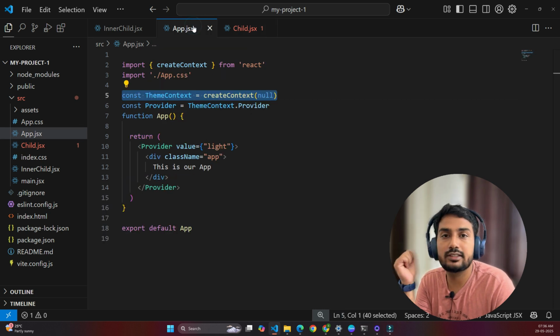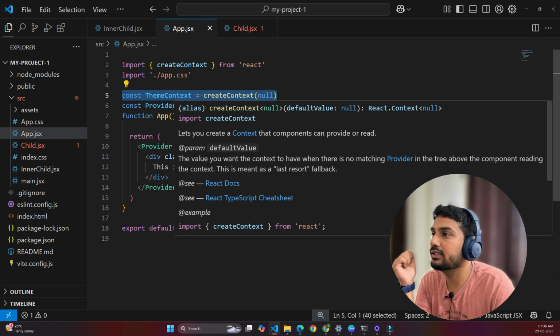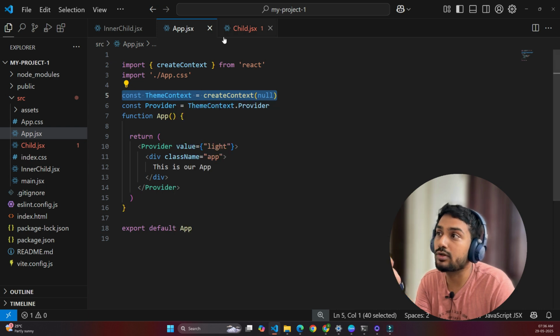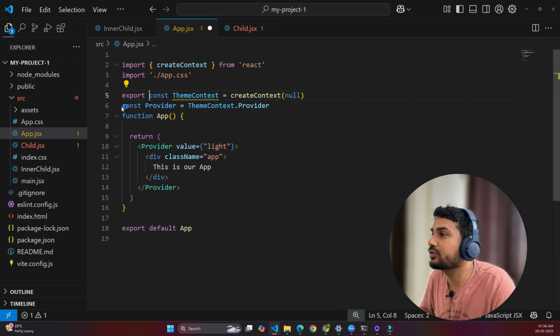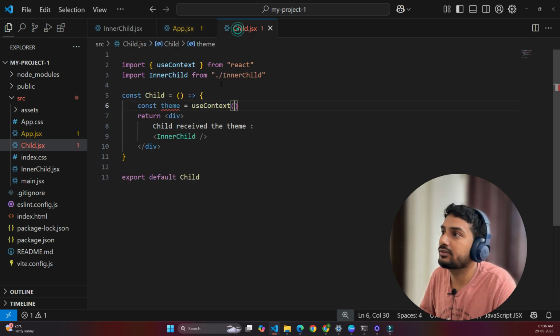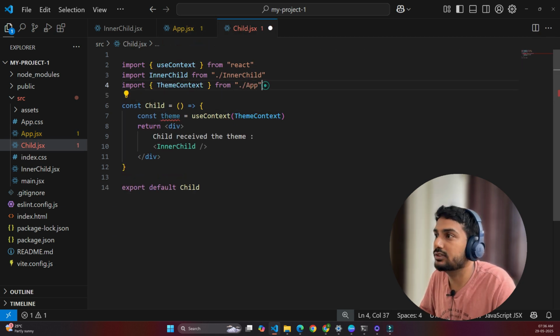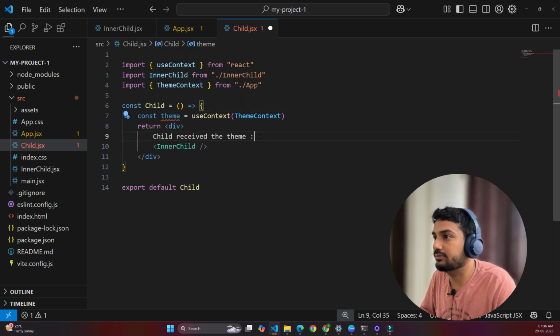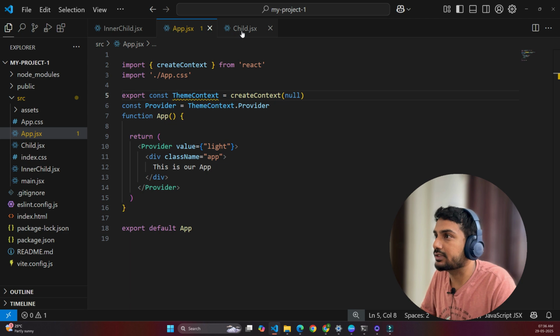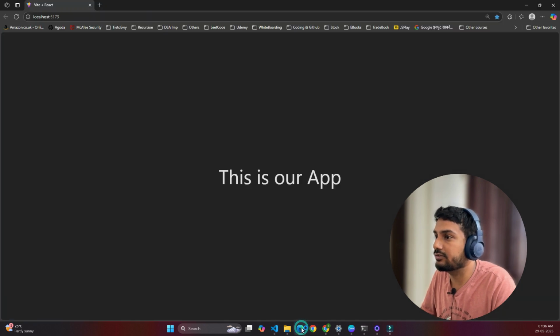But this is declared in the app component, right? So how can we import it inside this child? We'll need to export it. If we export it, we'll need to import it here. So this ThemeContext will be imported from the app component. Now we will be able to use this theme. Right, so let's run our application and see if it is able to